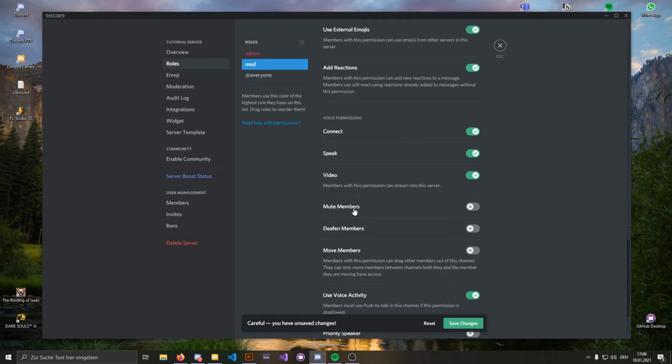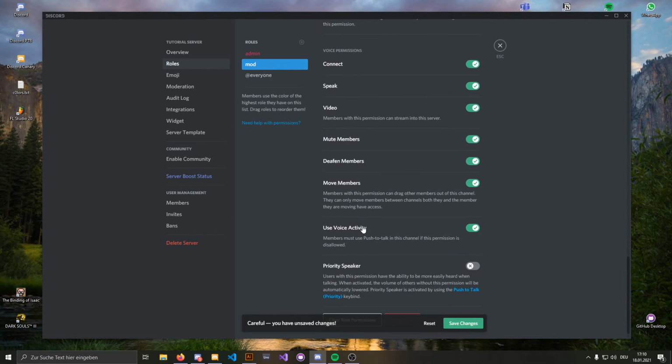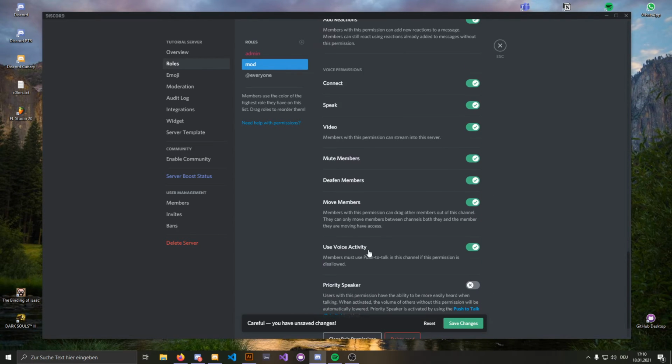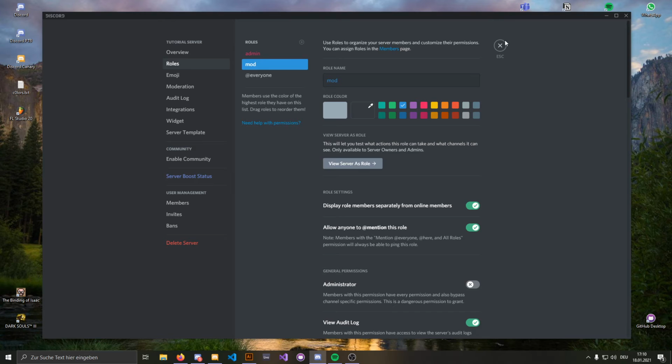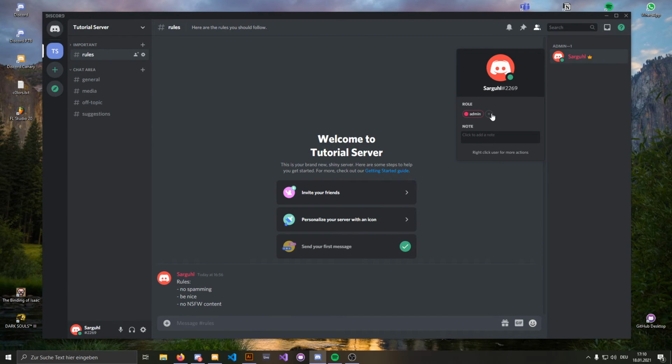Then for voice channels, as we don't have any, we don't really need it, but in case we have any: mute members, deafen members, and move members. So this is going to be moderation for voice channels. We should have these, and priority speaker to make them louder in the voice channel, so that they have more control over the voice channel. Anyway, we're going to hit save changes, and now we can invite friends or people we trust and give them